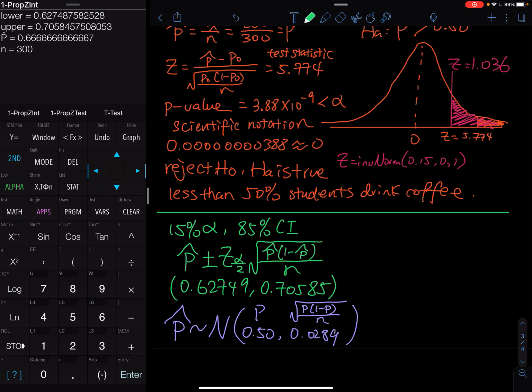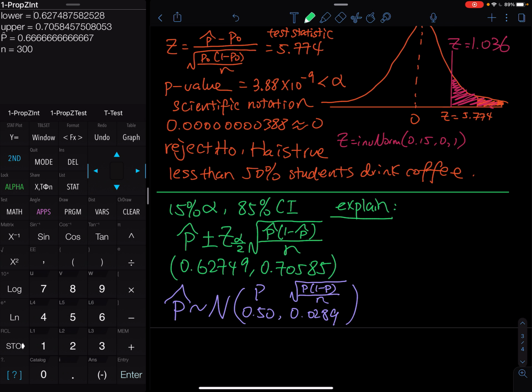Explain the confidence interval to me. Explain, not verify. Explain. So explain means we are. Before you explain, you can round this up. So you can round this up to 63%, because that looks much cleaner. 71%. So we are